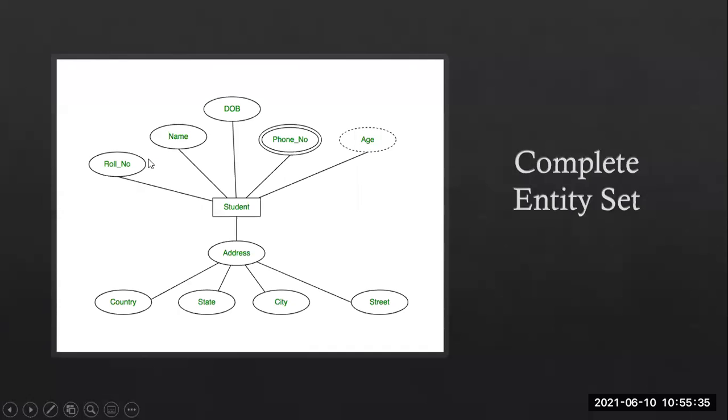When you underline the roll number, it is called a key attribute. When it is a double oval, it is your multi-valued attribute. And one more attribute is the address attribute, which is classified again into country, state, city, street. So this is the entire complete entity set here.